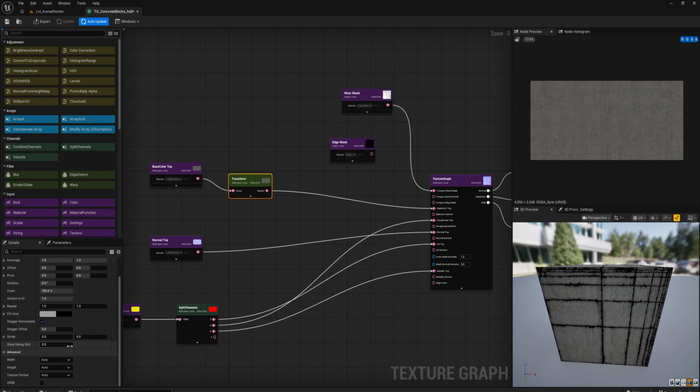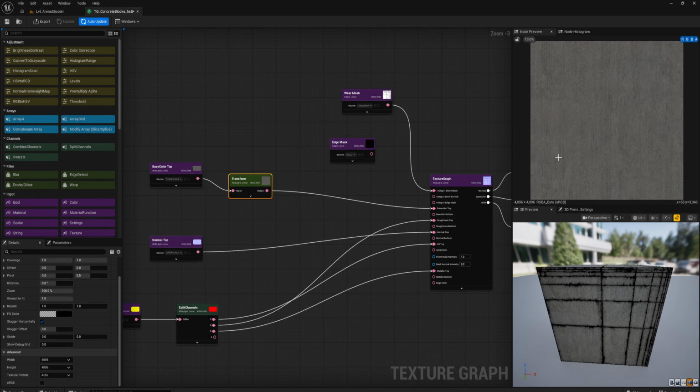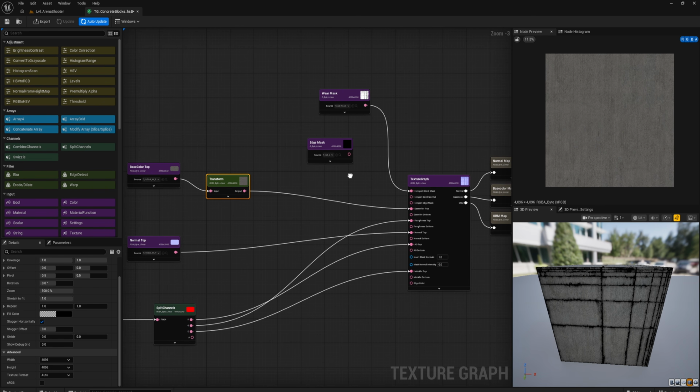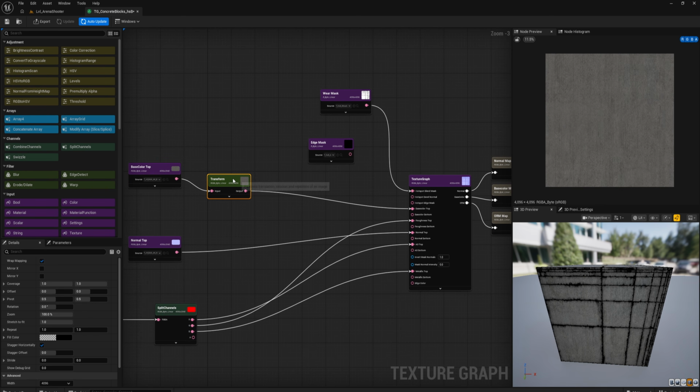And what we want to happen here, we need to change this first. We want this to output to 4K by 4K. And now we have a square texture. This is what it was before. This is what it is with the transform. And now that looks pretty good. It's 4K by 4K, but